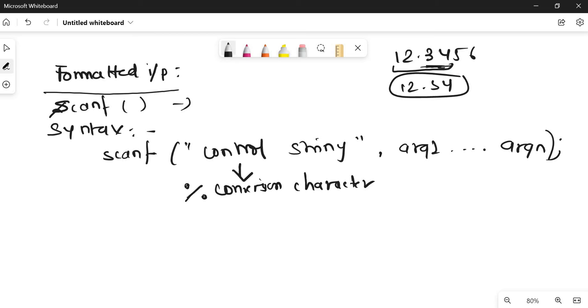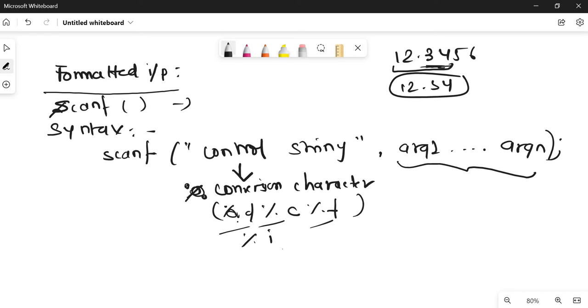Okay, so generally we have a conversion character. These conversion characters include %d, %c, %f, %i. Okay, so these are the conversion characters. So you know %d means it's for integer, %c is for character, %f is for float, and %i is again for decimal number, hexadecimal number. Fine. So these are the characters, and here the arguments are nothing but the